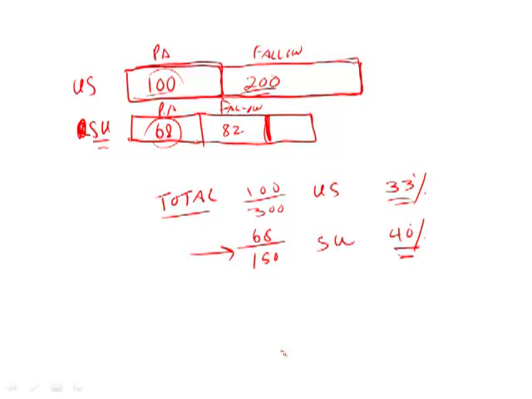So, for instance, 33% versus 40%. And so Russia has 114% versus the US at 100%. Again, it doesn't really have to be just 114%. The concept is any percent that is greater. So if Russia has a greater percent of its overall crops that are planted, therefore there has to be less that is fallow. So the US has more that is fallow, which is answer choice